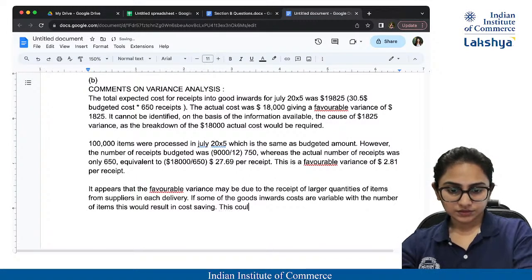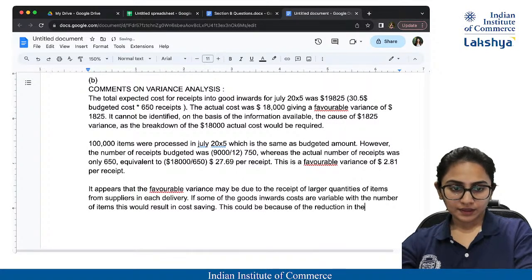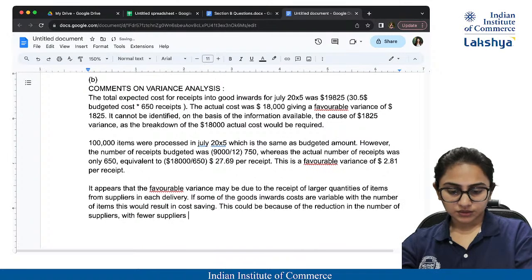This could be because of the reduction in the number of suppliers. With fewer suppliers individually supplying